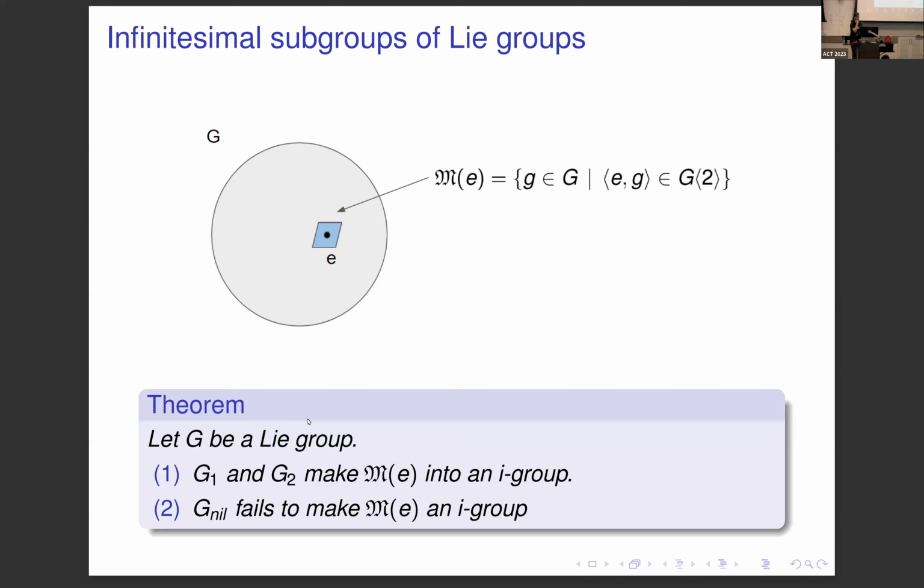Okay, so I promised that the different infinitesimal structures we have actually do matter. If you look at the first order and the second order infinitesimal structures, you will see that the infinitesimal neighborhood of the identity becomes an infinitesimal group. However, for the Néel square-zero structure, it actually fails. So this is the first time that the Néel square-zero structure doesn't deliver, and we see that it really matters which things you are looking at.